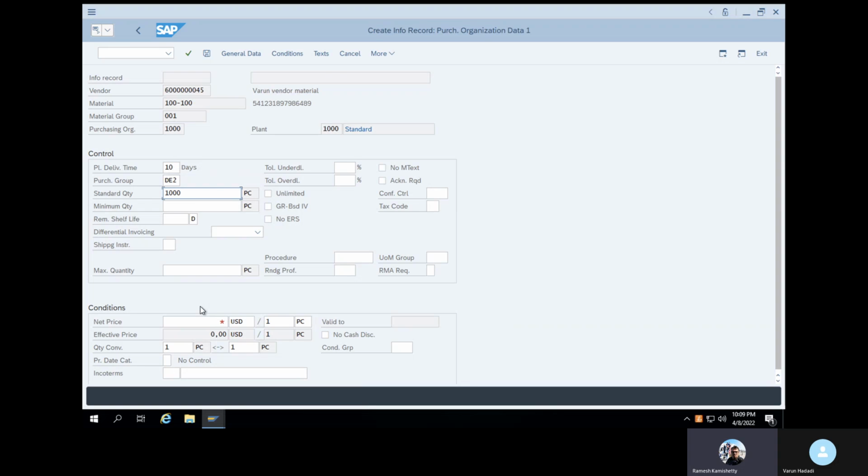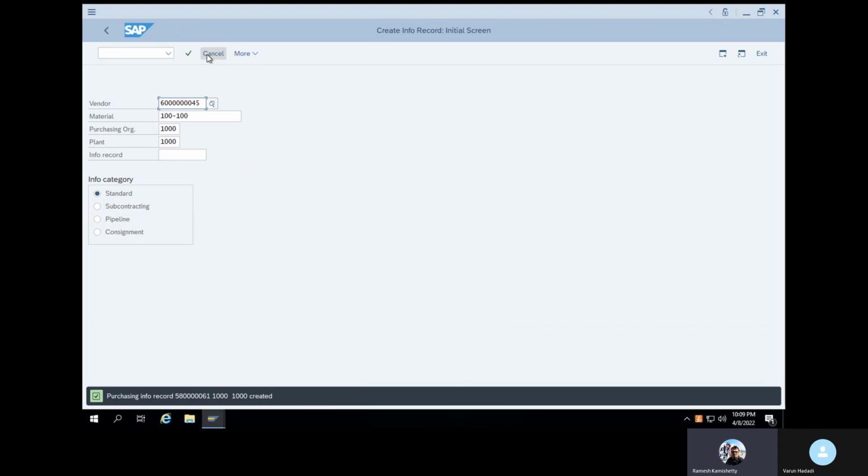Enter some price, 999. Mainly the info record is used for entering the price. Try to save it now. Purchasing group is not entered, put yours. Save it. So this is the info record.